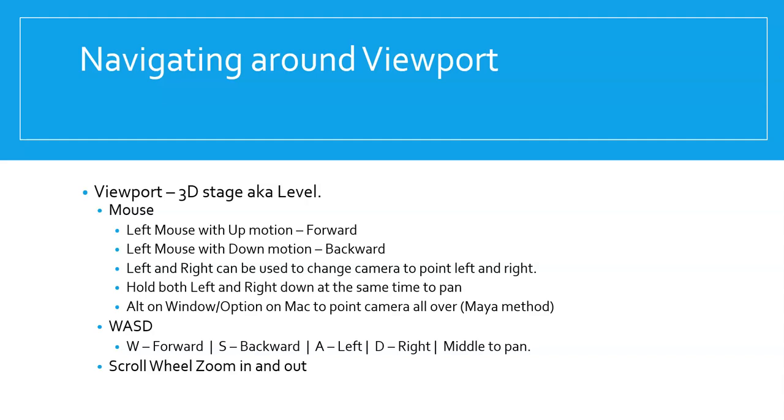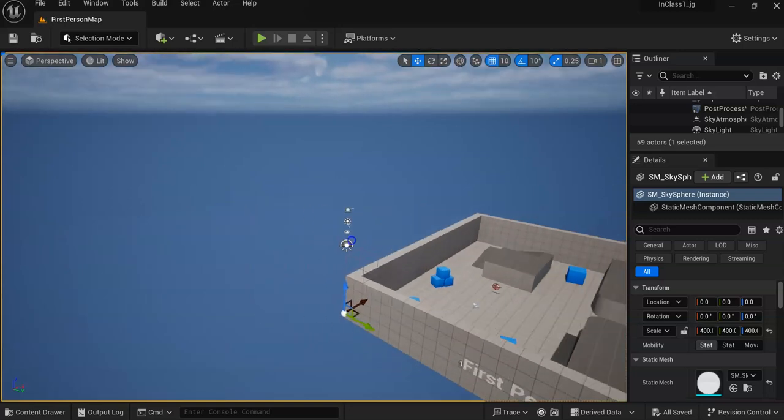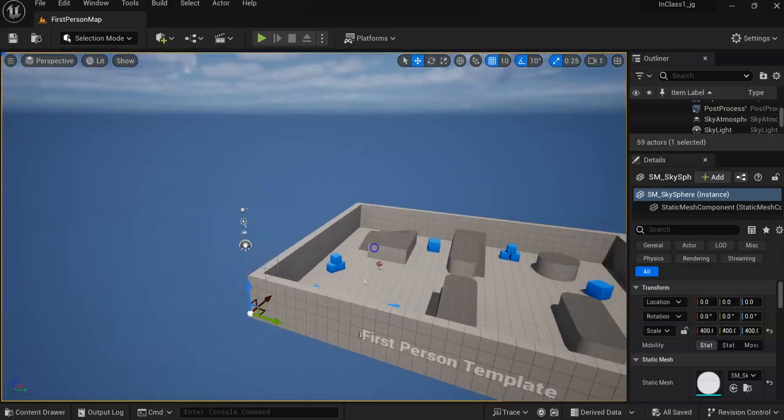So this next part is going to be talking about navigating around the Viewport and just some of the controls that you need to use while using the Viewport. It can be a little different than what you might be used to. So this is our Viewport, right? And as you can see, I can use my mouse to